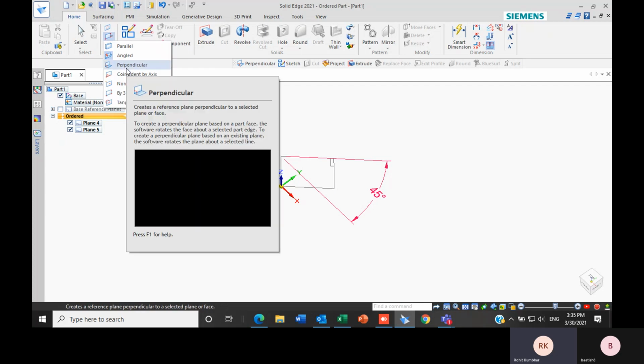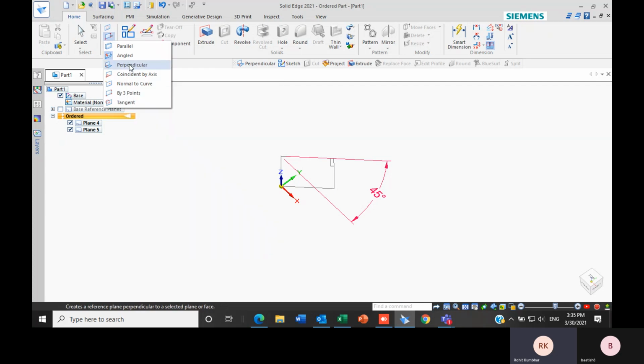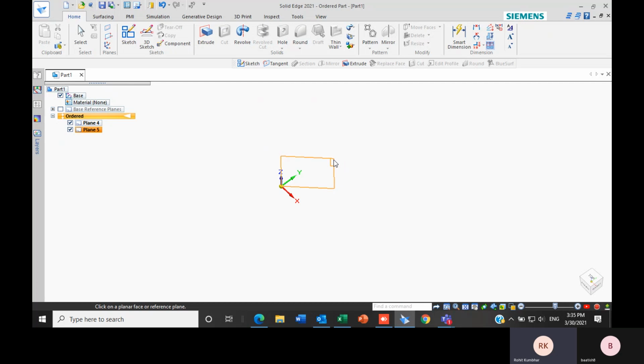Then our next option is perpendicular. Let's say for this 45-degree angle, I want to create a perpendicular plane. So I just have to click on this one, then select this as a reference. As you can see from the top view, the perpendicular plane which I required will get created. Let's see this one. As you can see, these two planes are perpendicular to each other, and if I want to create any sketch or geometry related to it, I can create it that way. So this one is about planes.